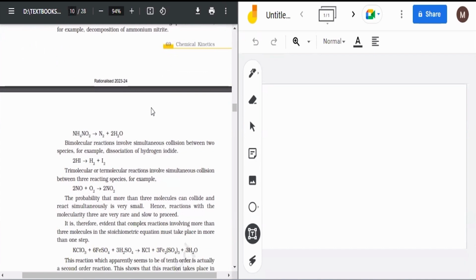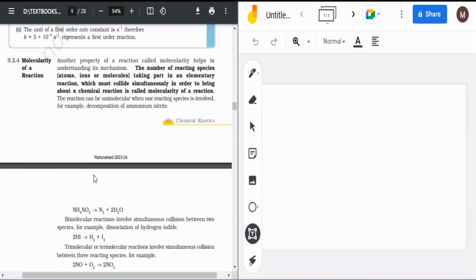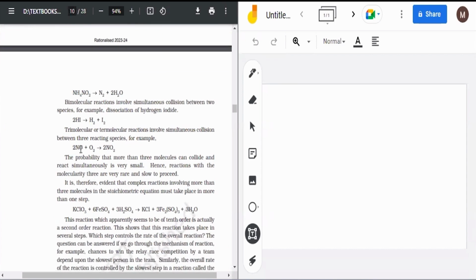Okay. जैसे कि बायोमोलिकुलर रिएक्शन में दो कंबाइन करते हैं, involves simultaneous collision between two species. For example, dissociation of hydrogen iodide here is bimolecular, because यहाँ पे 2H आ रहा है. NH4NO2 में सिर्फ सिंगल मोलिकुलर है, ये ट्राइमोलिकुलर है क्योंकि यहाँ पे दो NO के मॉलिक्यूल्स आके एक O2 से कोलाइड कर रहे हैं. इसमें ध्यान रखना, इसमें जो आपके कोफिशिएंट्स होंगे रिएक्शन के उनका सेम मोलिकुलरिटी होता है, तो इस चीज में मोलिकुलरिटी